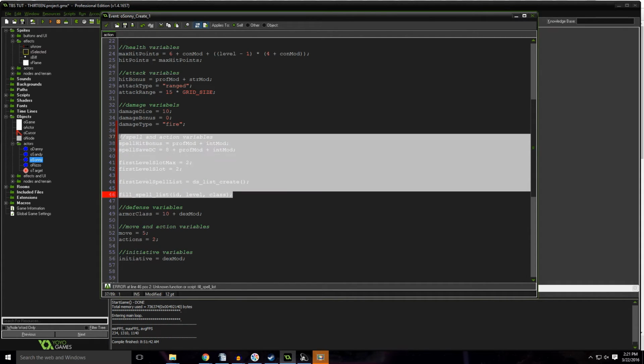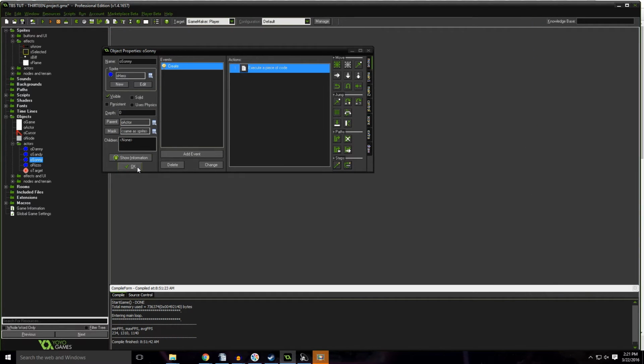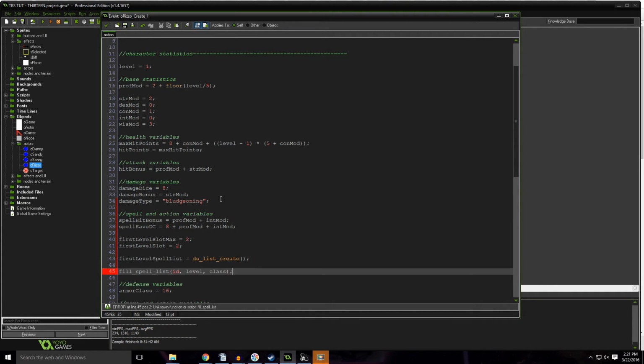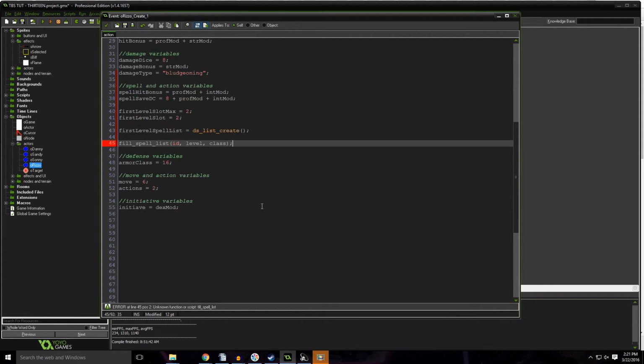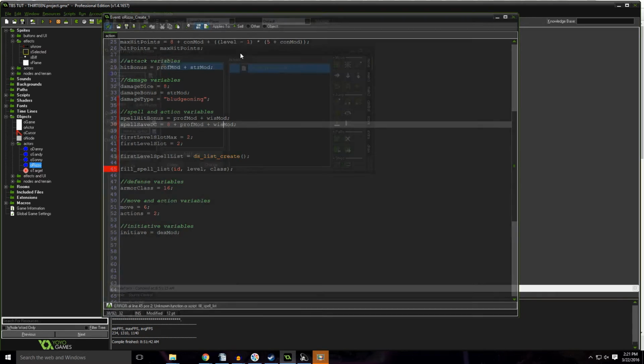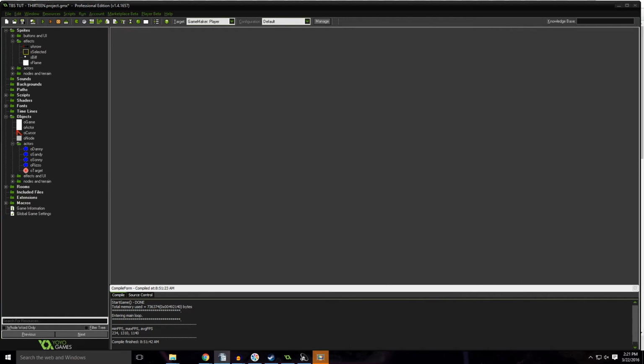We're going to copy all of this stuff, Control-C, green check out of here, and we're going to go into Rizzo now, and we're just going to paste it right in there. So right below the damage variables, Control-V. Now, Rizzo is a cleric. So instead of casting with her intelligence, she casts with her wisdom. So both of these are going to be based off of the wisdom modifier rather than the intelligence modifier. Other than that, this is ready to go. Green check out of here and there. All right, now